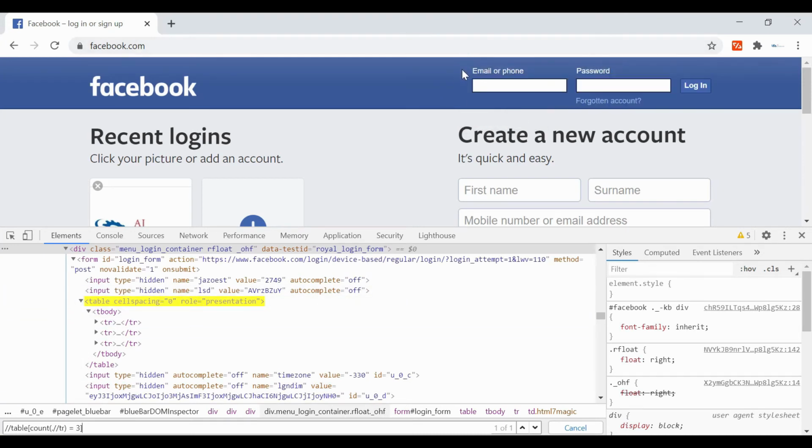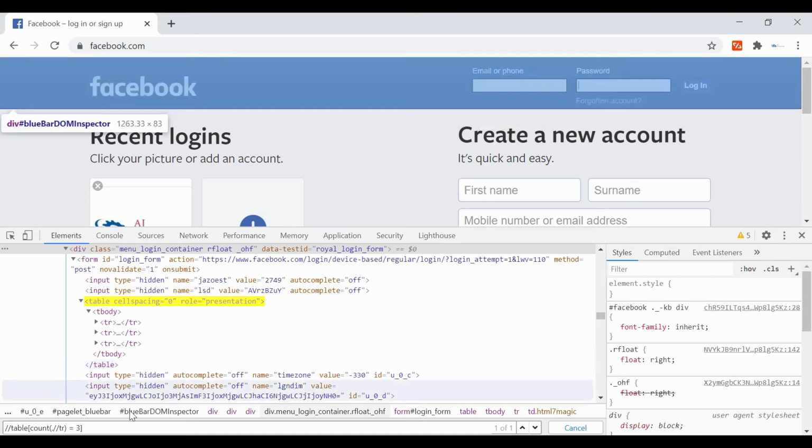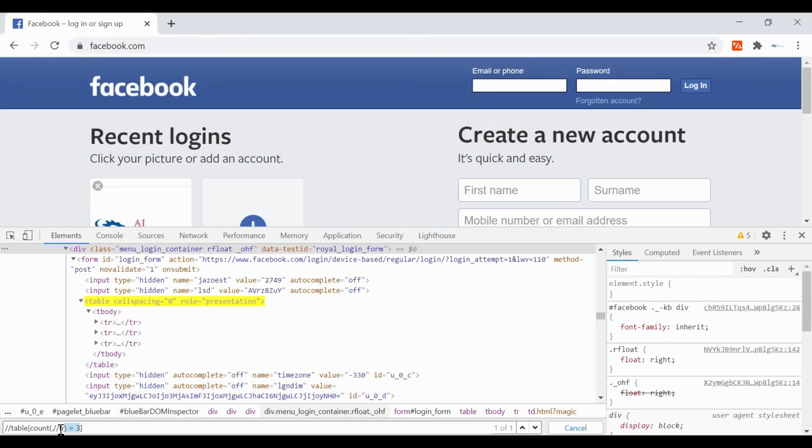When the web page for Facebook was designed, they designed it in the form of a table and created 3 rows: one for the text, one for the password, and the next for the forgotten account. Likewise, in your real-time application, if there are any tables present, or multiple tables present, and you want to find or highlight a web element inside a particular table, you can provide the number of rows for that table.